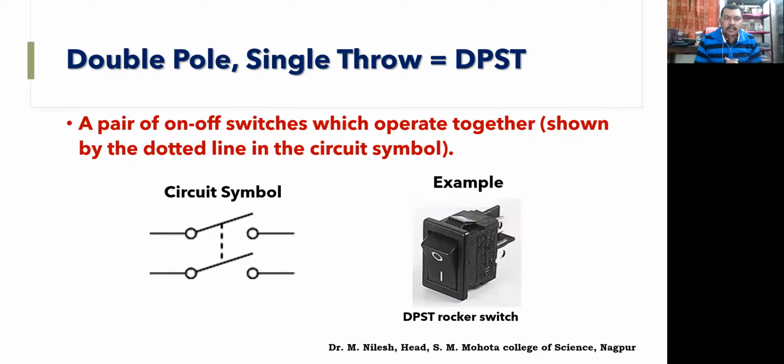That particular type is called the double pole single throw switch, right? Double pole single throw switch. Though these are actually a pair of switches. There are two switches, but working on one switch, one button, right? So we have two separate switches made to connect at the single button. So that is called a double pole single throw switch, right?